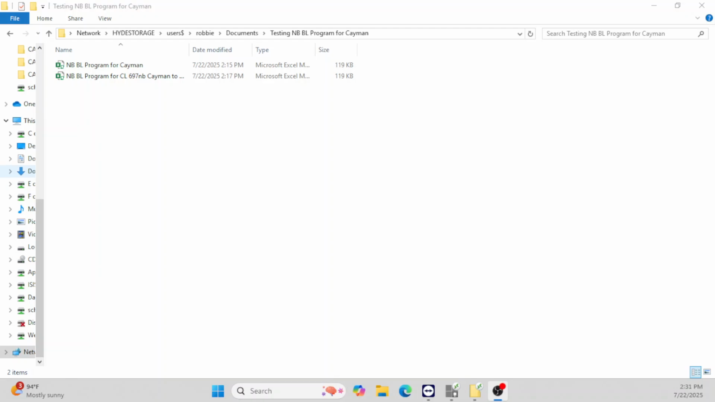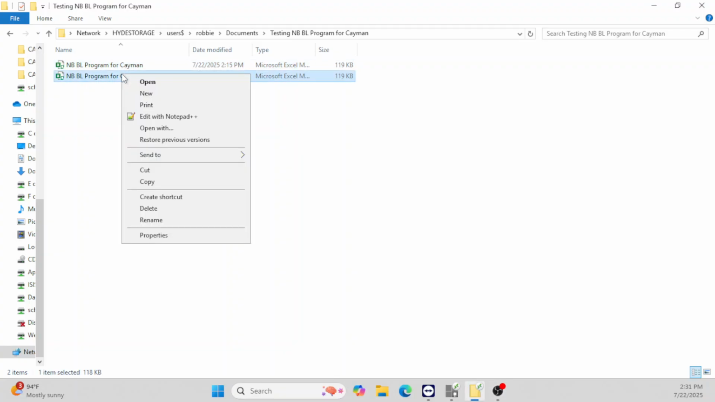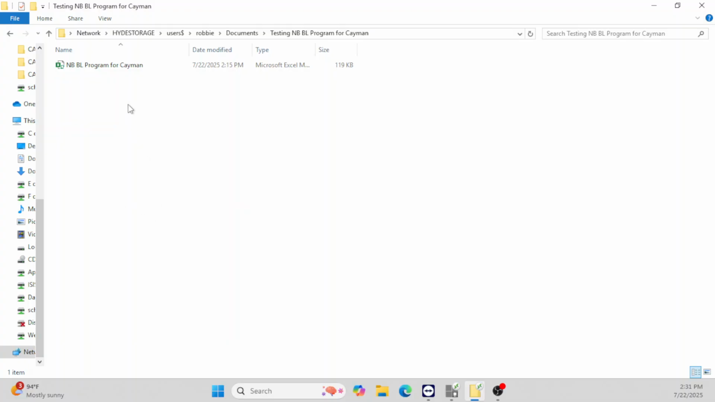Okay, this is the northbound bill of lading program for Cayman Islands. This is the file that you're going to use. I'm going to delete this one and start over again. So this is the program. You open it,